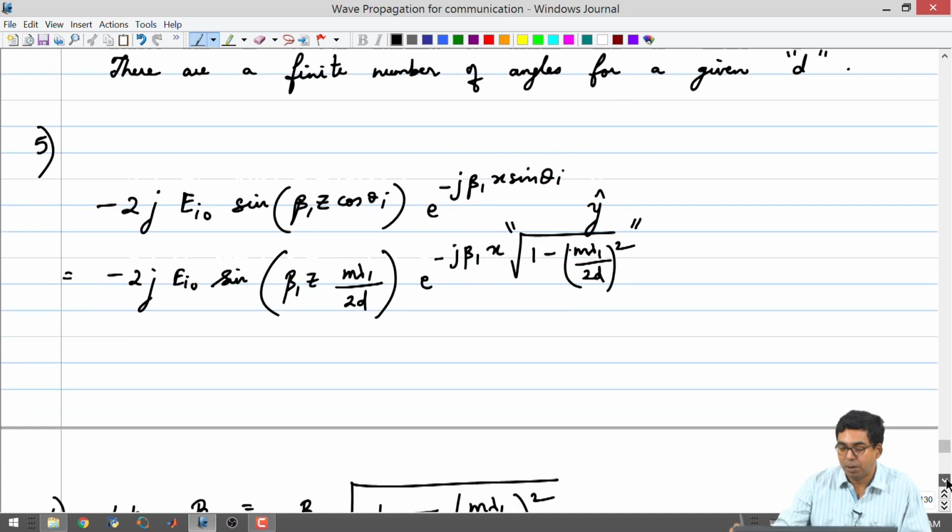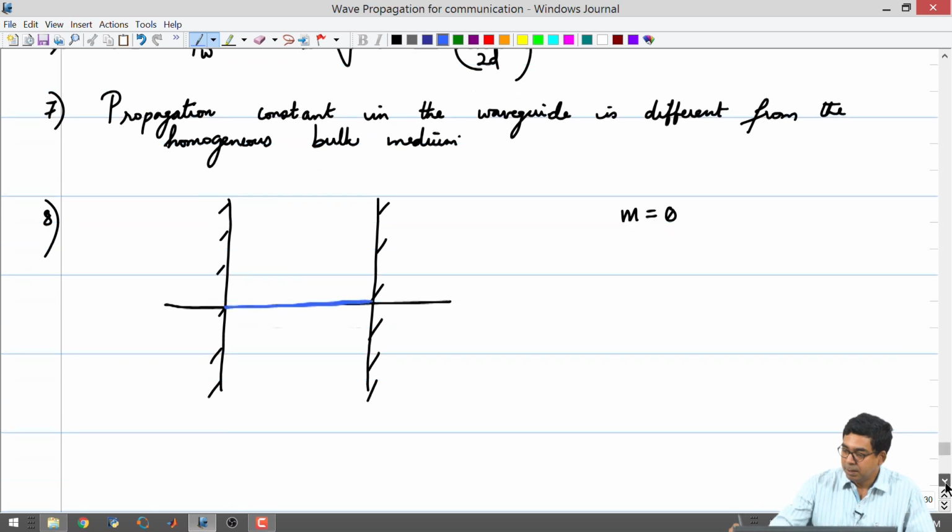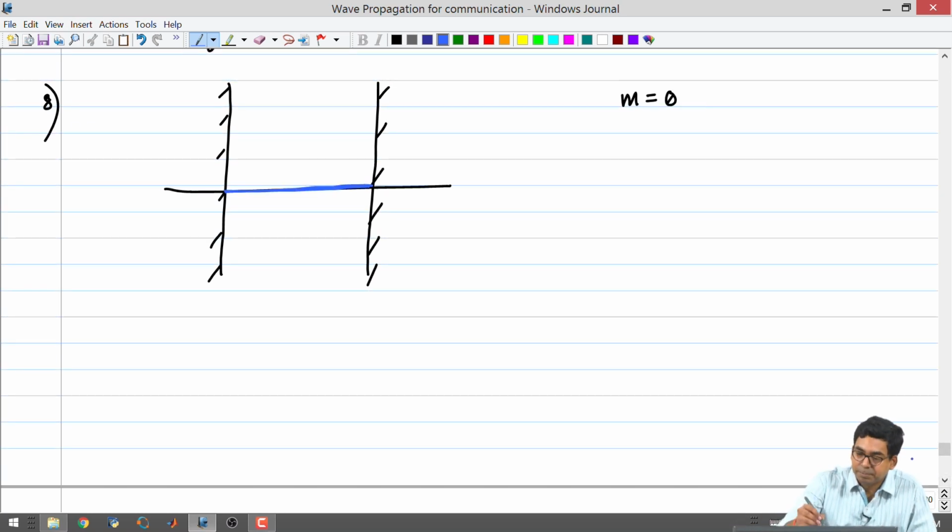So, if I were to draw this, I would have just a flat line like this, where this edge corresponds to 0. It has to satisfy the boundary condition. The boundary condition is that at the interface between the dielectric and the conductor you have 0 electric fields. In between it is governed by that expression for the total field, it is 0. No electric fields for m equal to 0. So, there is a constraint, first of all. Let us have a look at the same thing.